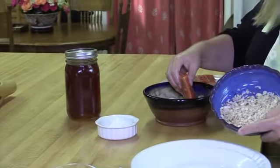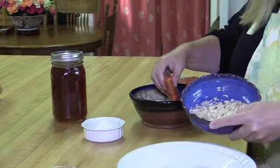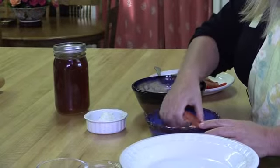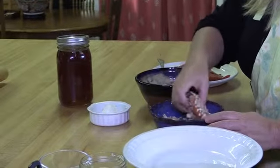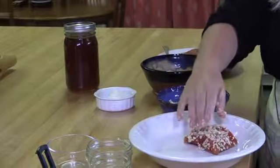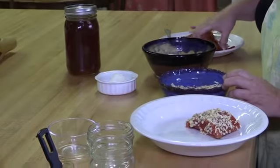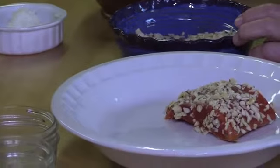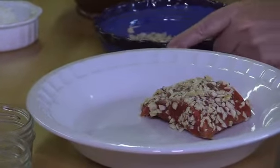In this bowl, I have a half a cup of coarsely chopped almonds. And I'm going to roll that really good in the almonds so that it coats the almonds, coats the salmon, and I'm going to stick it in this plate for right now. I'm going to do all 4 fillets. This is for 4 people. So each person would get a single 6-ounce fillet of